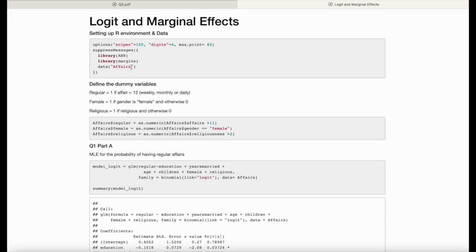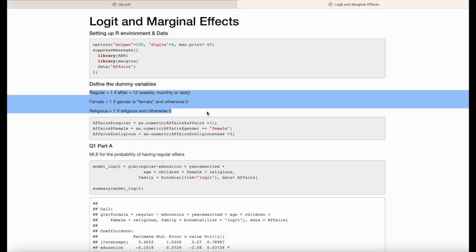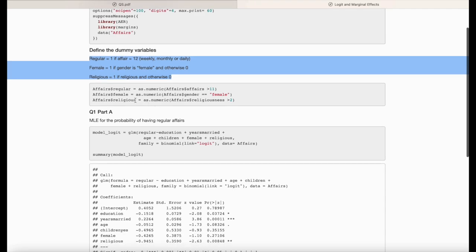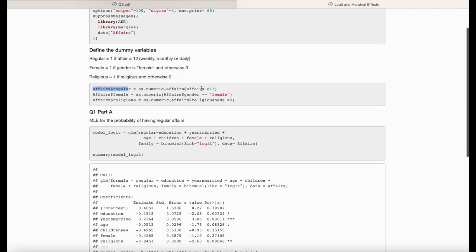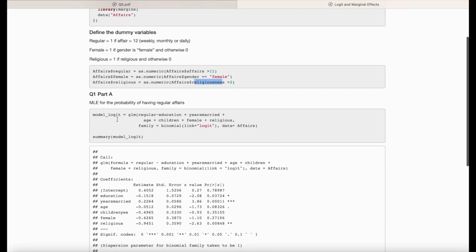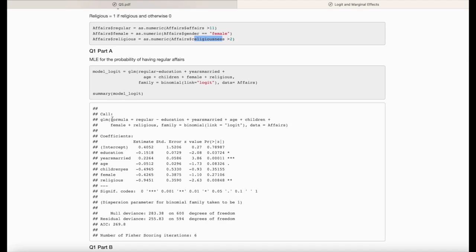You can look at the dataset once you load it, and you can see what are the different variables and what are the different labels in those variables. I won't go into that part right now. Okay, so affairs, regular as numeric when the value of affairs is greater than 11, that's 12, and then females and the religious. Okay, so we do the dummy variables, and this is the part that's important here, which is